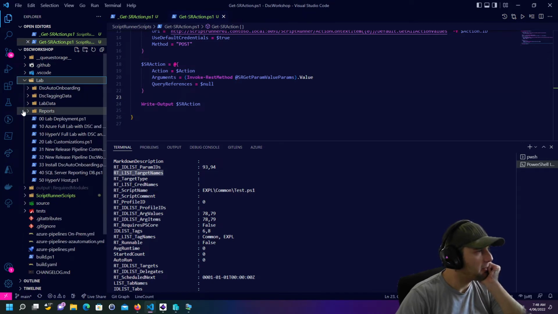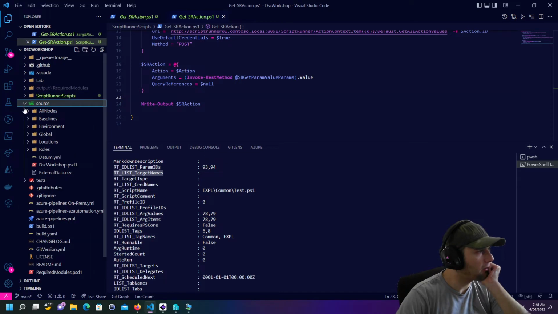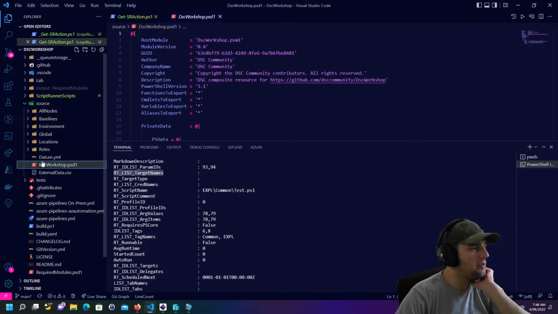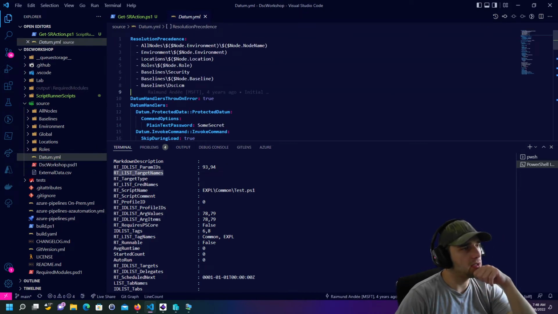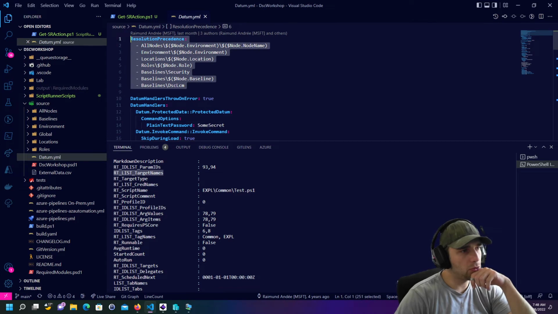So we jump in here, into source. You have a look at the datum.yaml file here. You can see this is the resolution precedence. This would be used in describing